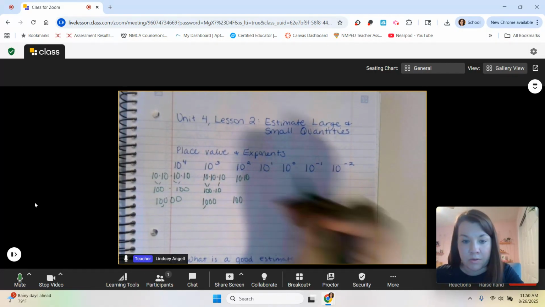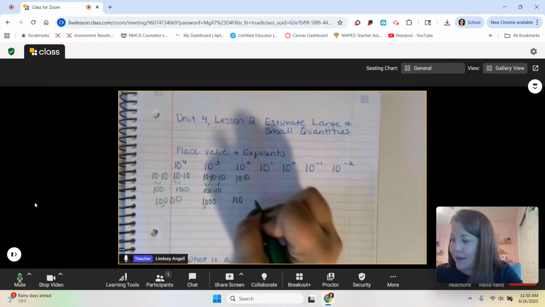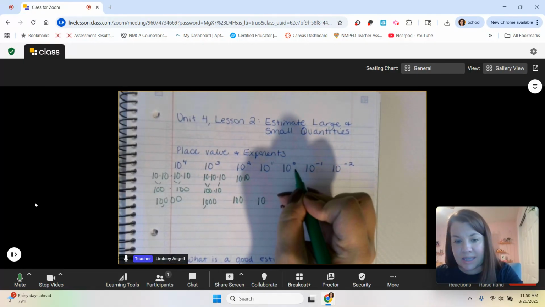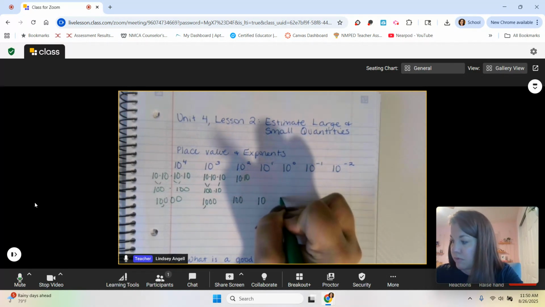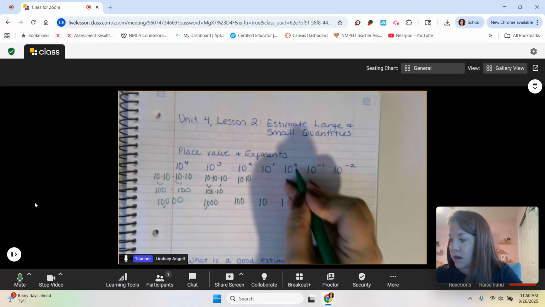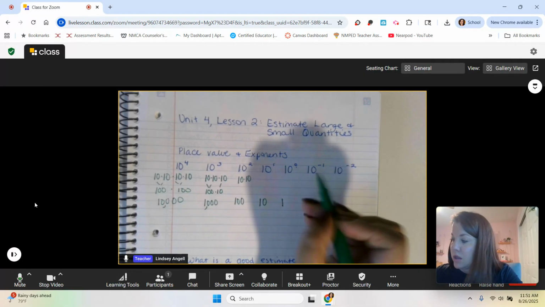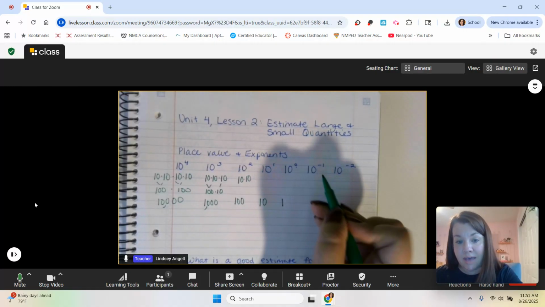10 to the 1st power just means I have 1 ten. And notice there's only 1 zero. Anything raised to the 0 power is equal to 1. And notice there are 0 zeros right there. Well, we can keep going. If we have -1,